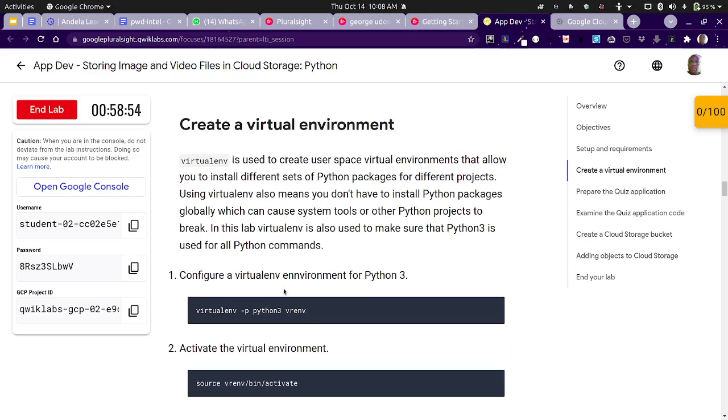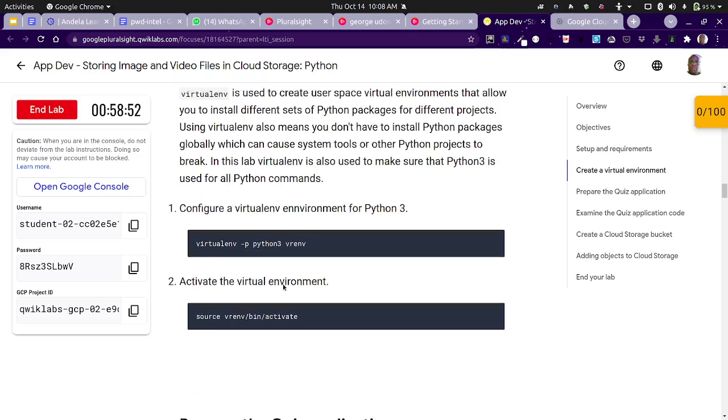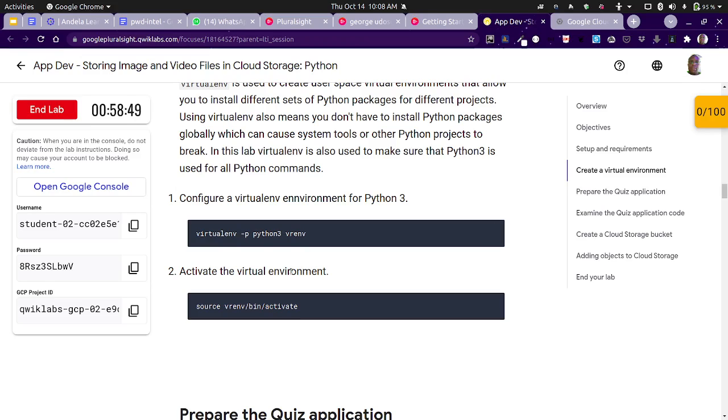Okay, so the first thing we need to do, we need to enable our Cloud Shell so that we can create a Python virtual environment. Now, why do we need a virtual environment? You need a virtual environment because